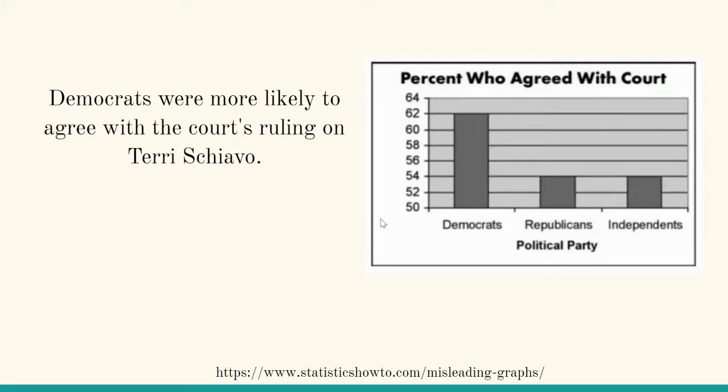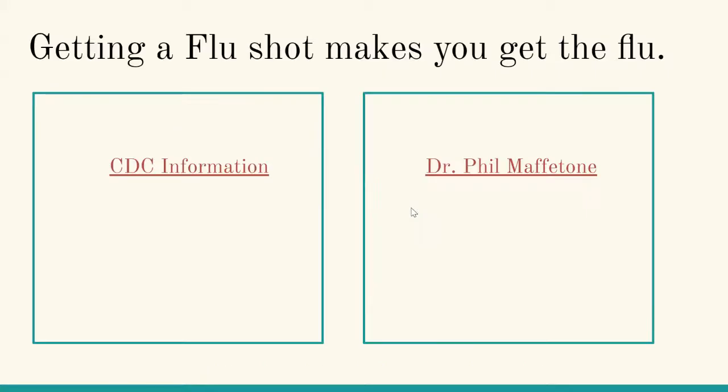Okay, whose purpose do we think it is trying to serve? Well, this is probably trying to show that more people in the Democratic Party are supporting this decision than other parties. Or maybe we're trying to show that Republicans don't support this at all, when maybe it looks like there's more support than there really is. So if we wanted to present this in a better light, we would want to make sure that we are always starting at our origin being 0, 0, which means we're not starting this cutoff in a weird place, but we are always starting at 0.